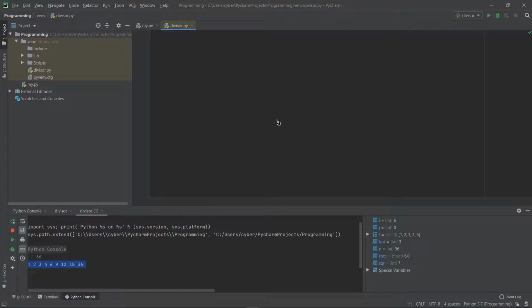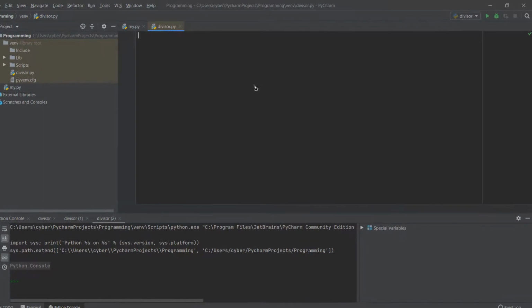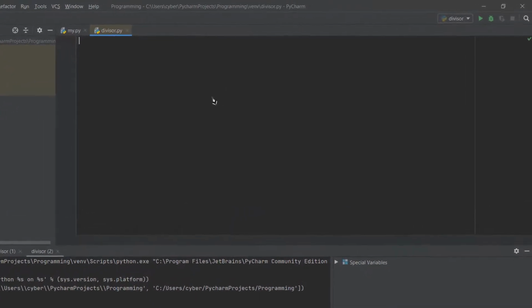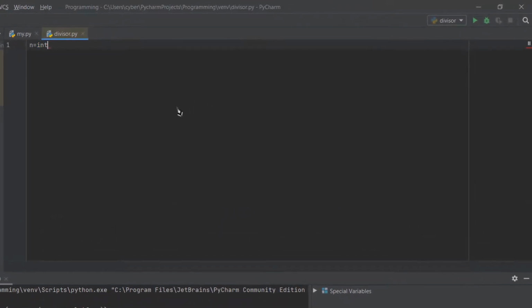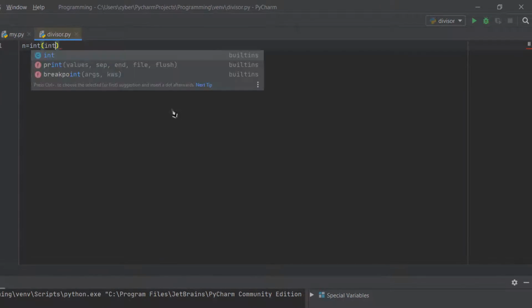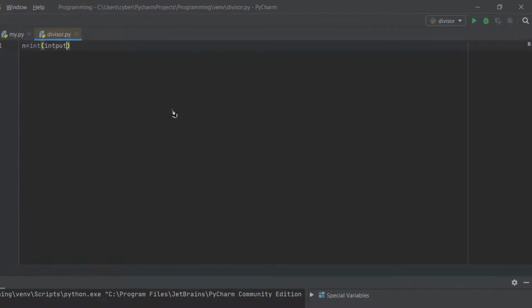Okay, now let's write the code. Here we are. The first thing that we need to do is to simply take an input: n is equal to int(input()), as it will be an integer. The next thing that we need to do is to find the square root of that number.